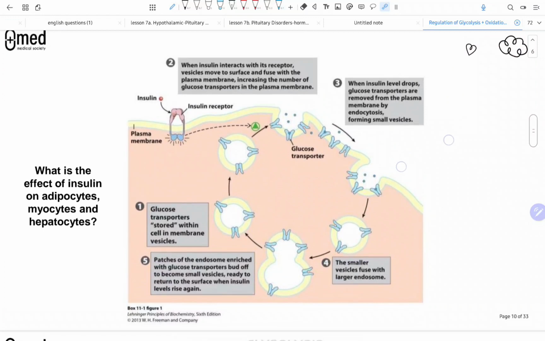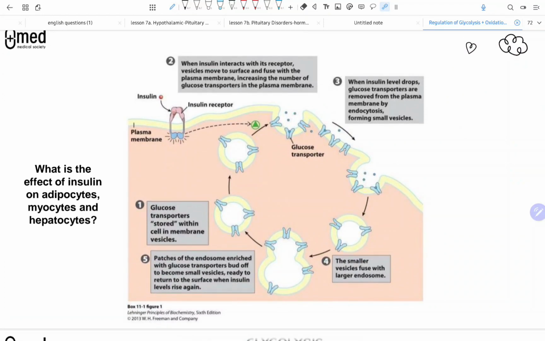Okay, now moving on. How does insulin cause the increase in expression of these GLUT receptors? So basically insulin binds to its receptor, right? And then this induces the GLUT transporters that are found in vesicles to fuse with the plasma membrane, and when they fuse with the plasma membranes, they respond to glucose and they bind to it, and glucose comes in and